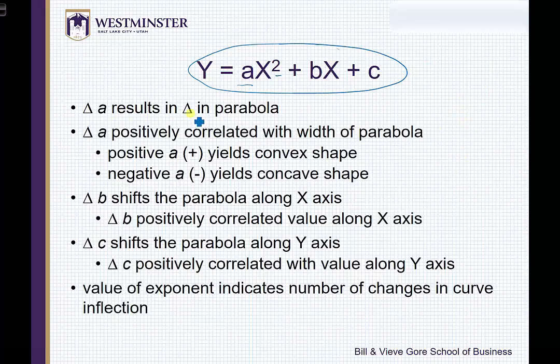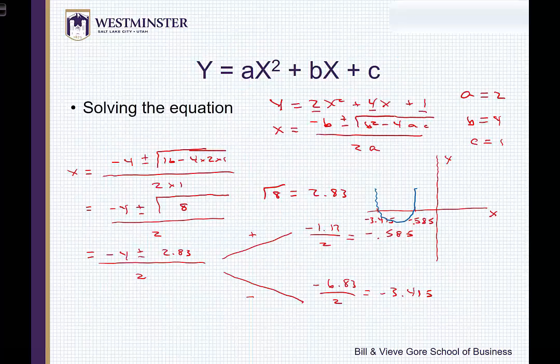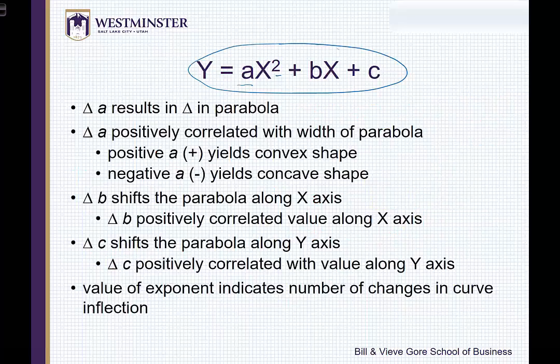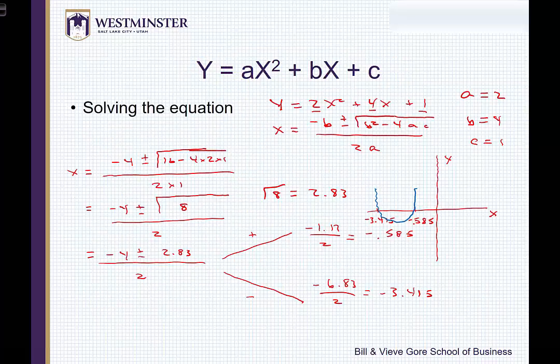So changes in A result in changes in the parabola, its shape. Changes in A are positively correlated with the width of the parabola. A positive A is going to yield a convex shape. So we had a positive A in our equation here. It gives us a convex shape. Convex is formed somewhat like a U. A negative A is going to give us a concave shape. So had this A been negative, we would have seen a concave shape, or a shape that looks like the